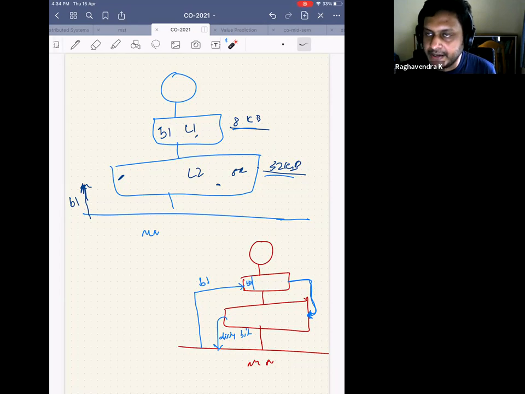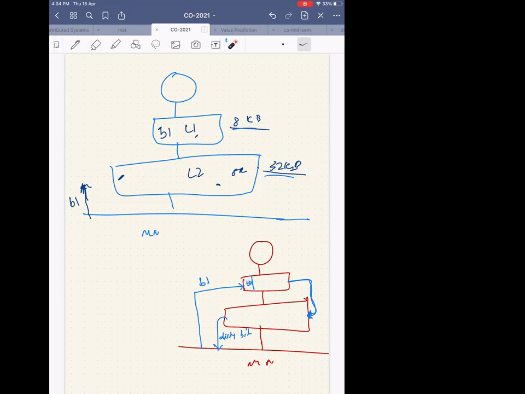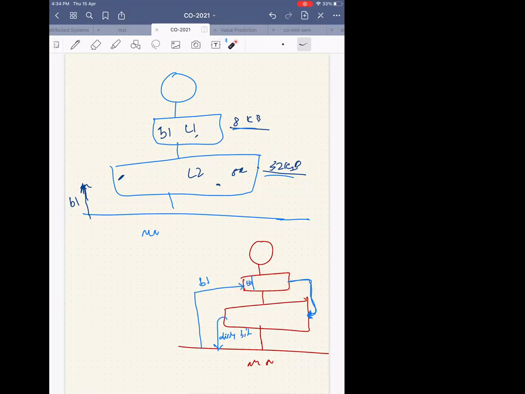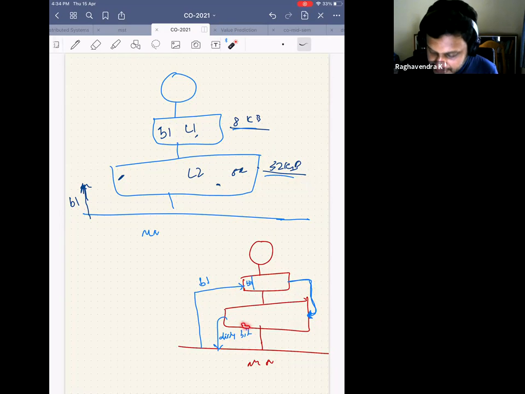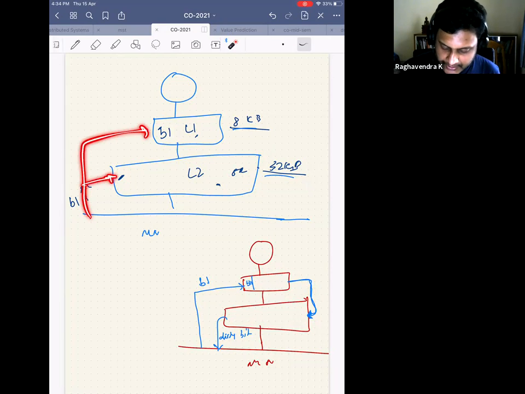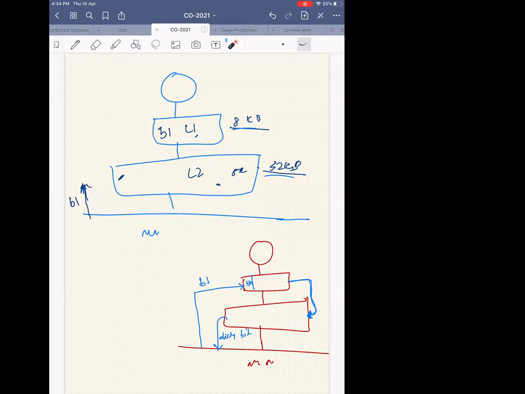But the chance for spatial locality is lesser, so you are keeping it in L2 because of temporal locality. Because this block may be used again and there's no space to store it in L1, I'm keeping it in the second level. So I'll prefer your design. It's like a cache for this particular cache, and that's what I'm using it for. But these guys are saying we'll keep it in both. I don't see any advantage for that, straight away.